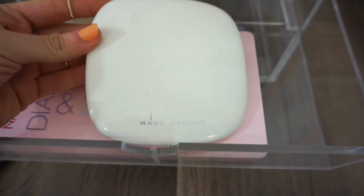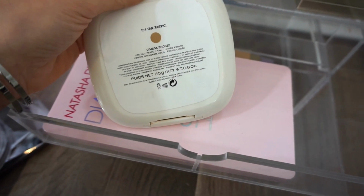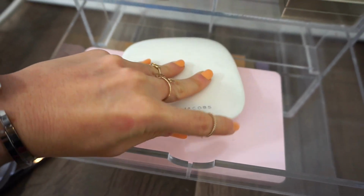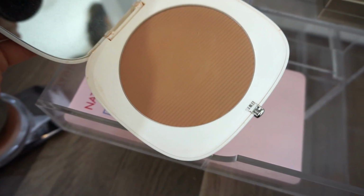I don't even know how it got dirty, but it did. I totally have to wipe that down. But this is the Marc Jacobs Tantastic Omega Bronzer. And the reason why I pulled this out is because it is coming back in the next, I believe, month or so. I wanted to go ahead and use it to rediscover my love for it once again